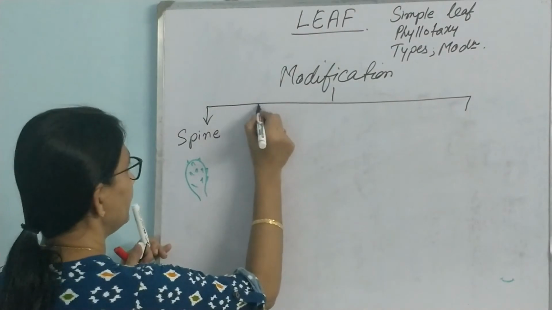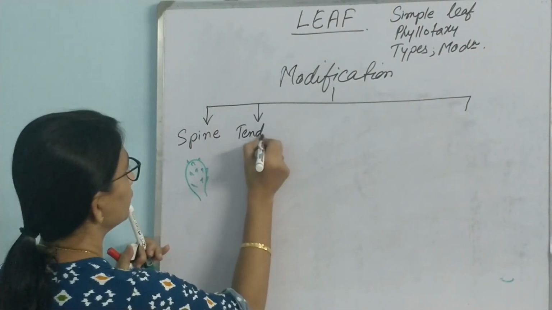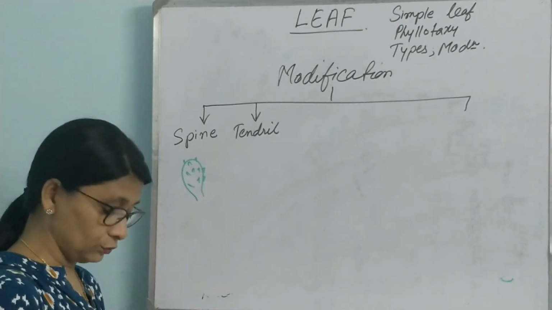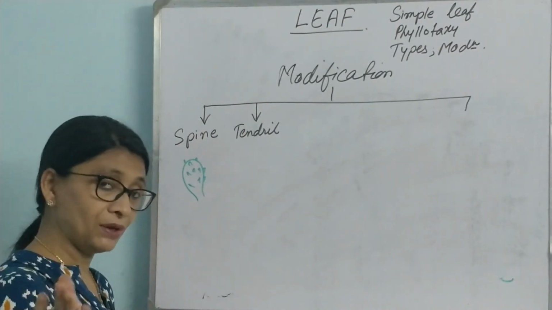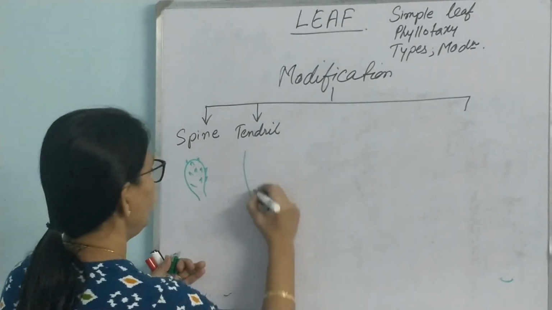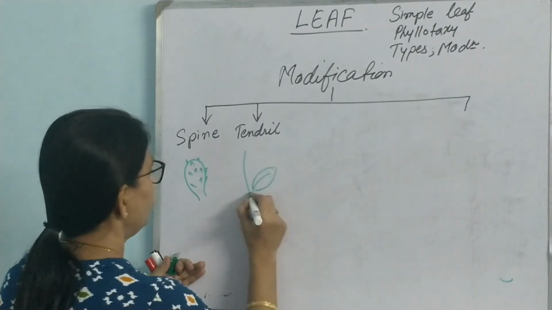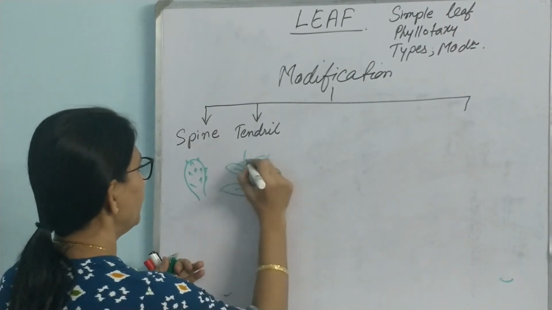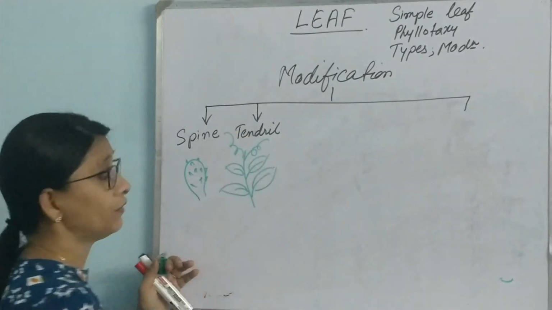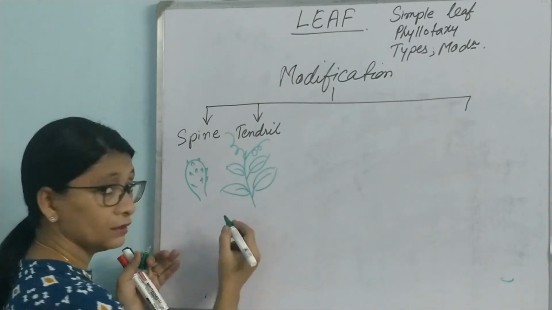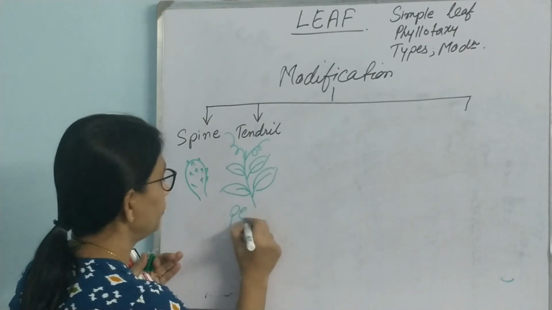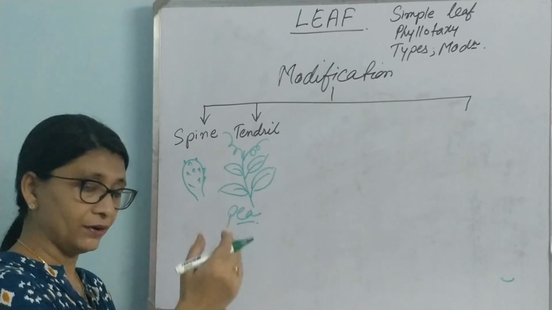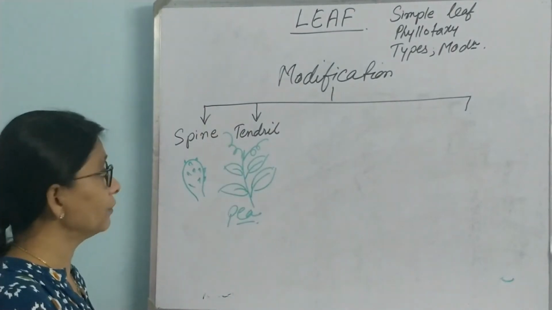Then the second type is tendril. We have seen stem tendril, then there are leaf tendril also. There is a basic difference between stem tendril and leaf tendril. In case of leaf tendril, say few leaves, there is a branch and few leaves are coming out, and at the end of the branch few leaves will transform into tendril. Very commonly seen, common example is pea plant. So the end leaves get transformed into tendril and they help in climbing of plants. So that is leaf tendril.